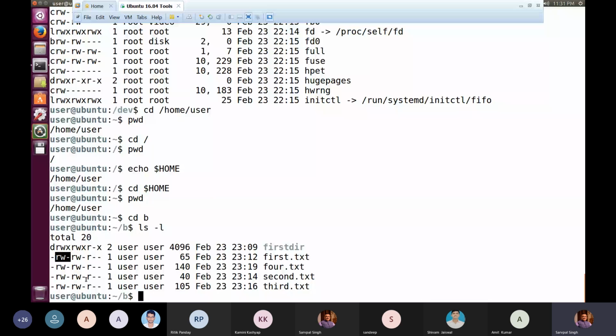I may have my login ID later on as SPS ITCA. So I can log into the system with SPS ITCA, and in that case, if I create any file, I'll have SPS ITCA displayed at this place, because then I'll be the owner of that file. Here, since I am logged into the system as user, I am getting the display of user at this place. Is it okay? And at the next place, whatever we are getting is the group to which this particular user